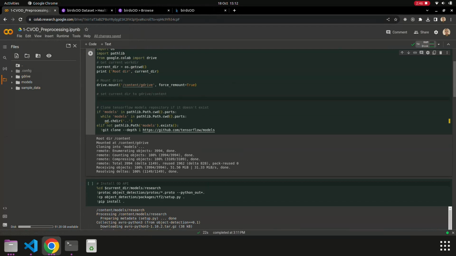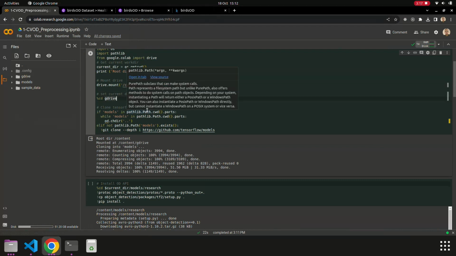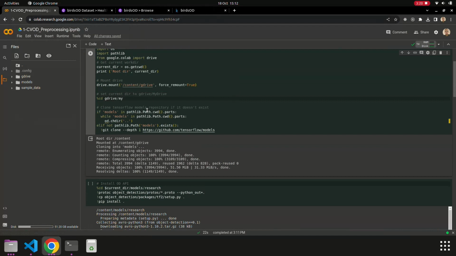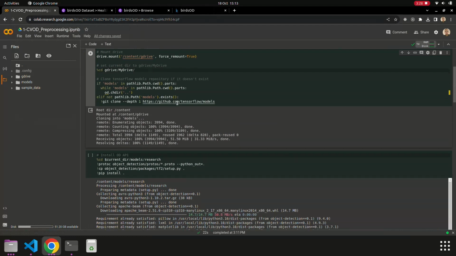Let's check first the exact location, or the exact path to the mount point first. Yes, it's my drive. So it's G drive slash my drive. And then we execute